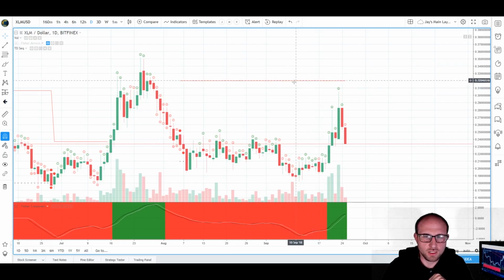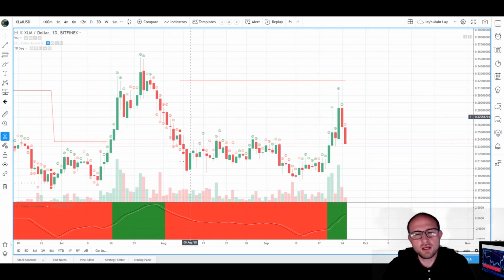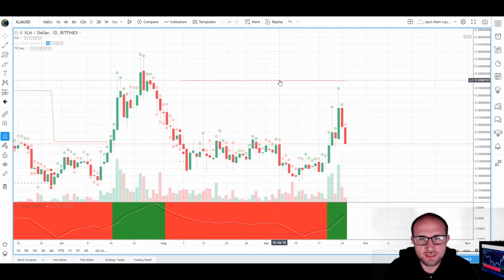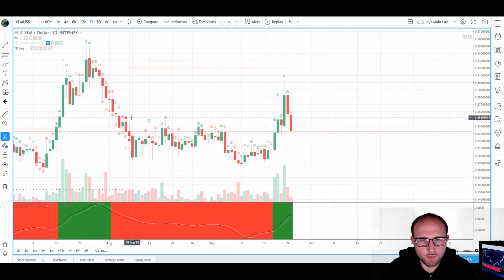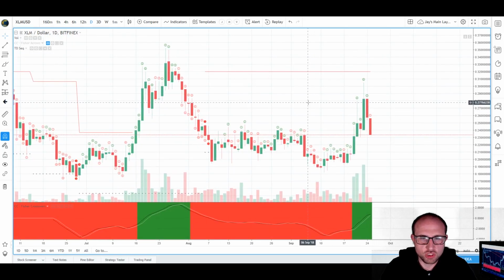That is our TD resistance line at the top, the true high of this one count to the downside right here. That was this completed buy setup. And if we break that, I think we're going to see some nice bullish momentum. So I still think this 13 was a good entry based upon what we called back in Cracking Crypto at the beginning of August. And so I think we're still in a very good position to ride this out.